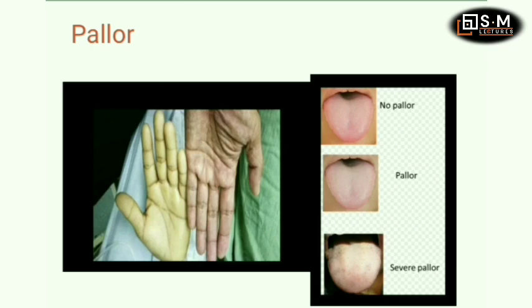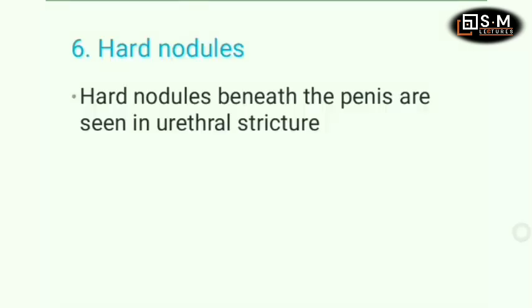Then the next sign that you can see is hard nodules. In an individual with renal or kidney diseases, if you check beneath the penis of an individual, you can see hard nodules. These hard nodules are mostly seen in conditions like urethral stricture. Urethral stricture means when there is constriction of the urethra. So abnormal constriction of the urethra will result in formation of some hard nodules beneath the patient's